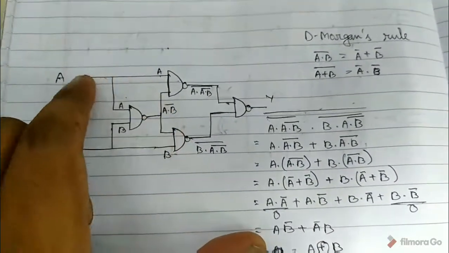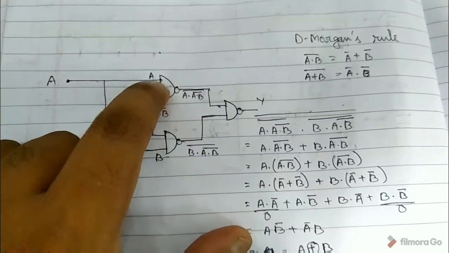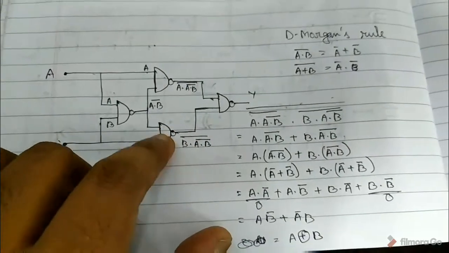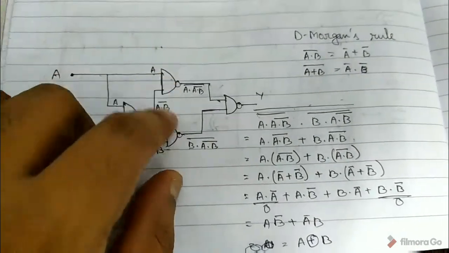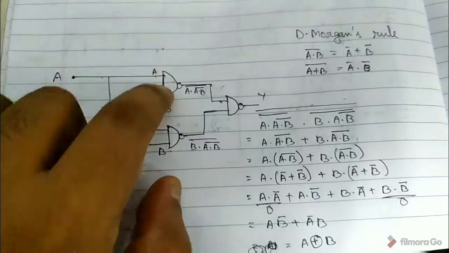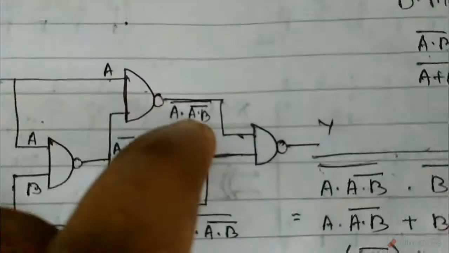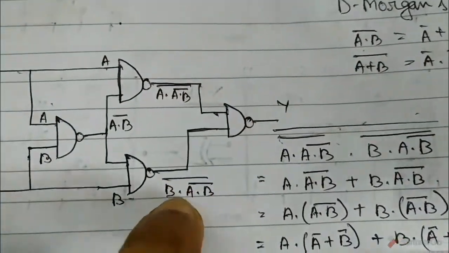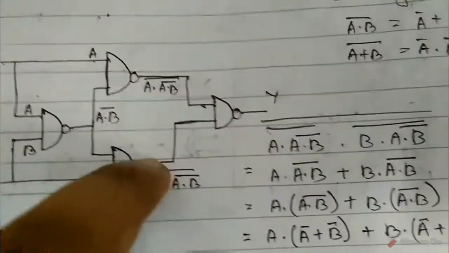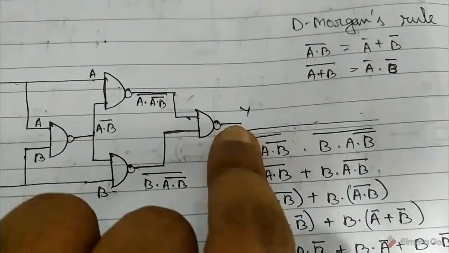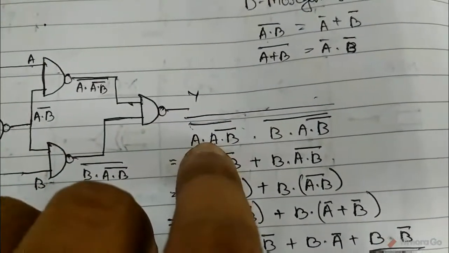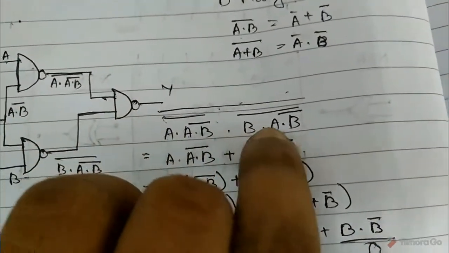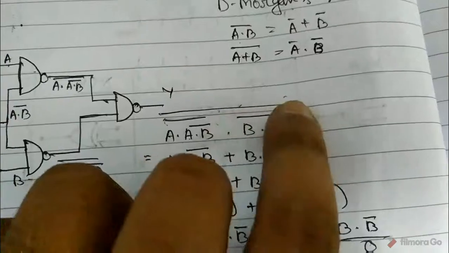Now A is coming to the input of this gate also, and B is coming to the input of the third gate. The second input of these two gates will be (A dot B) bar. So the equations will be (A dot (A dot B) bar) bar and (B dot (A dot B) bar) bar, and the final equation we get at this point will be ((A dot (A dot B) bar) bar dot (B dot (A dot B) bar) bar),